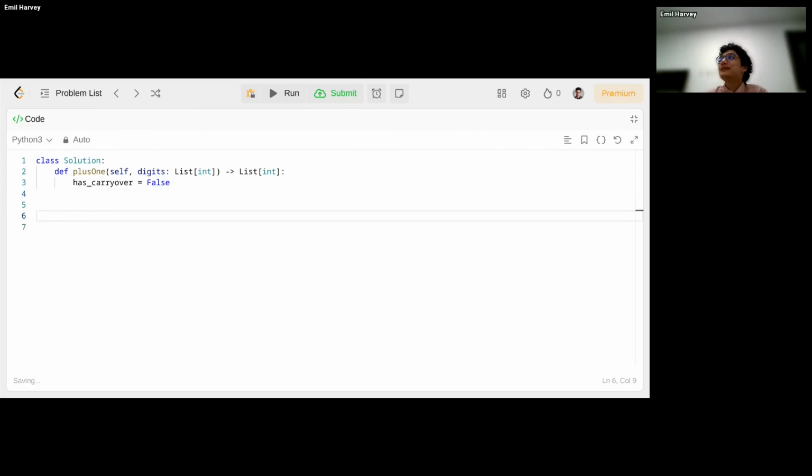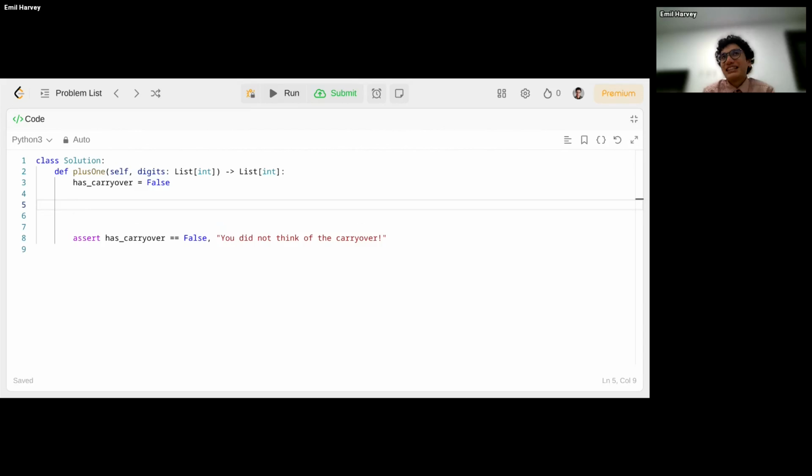At the end, though, we want to deal with this carryover, right? We don't want to add 1 and then get through our code, whatever that is, and at the end there's still this flag that says, hey, you still have this carryover to worry about. So I will go ahead right now and put this thing called an assert, saying we want to assert that has carryover equals false. Otherwise, you did not think of the carryover. And we'll see more about why I put that in later.